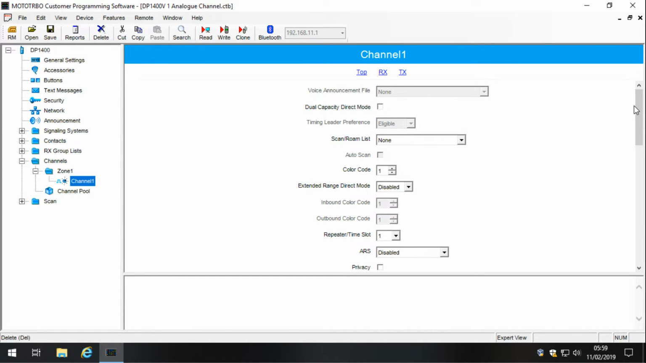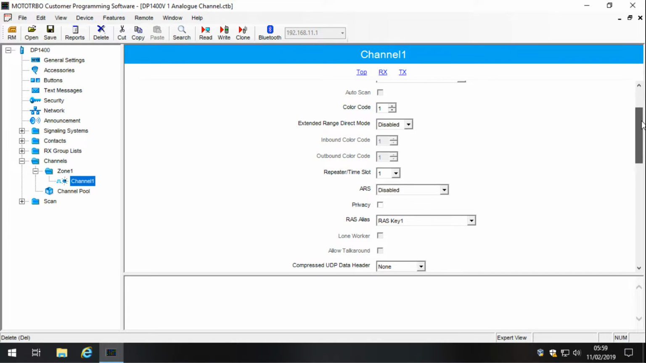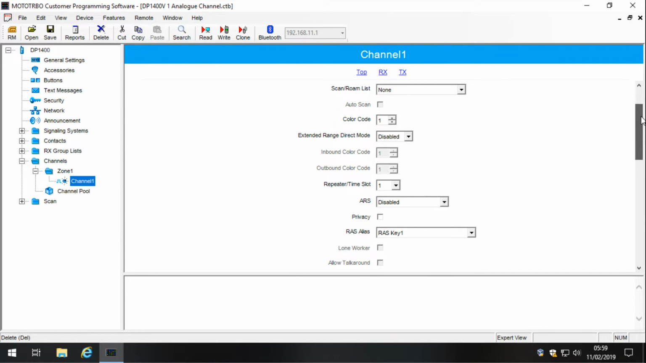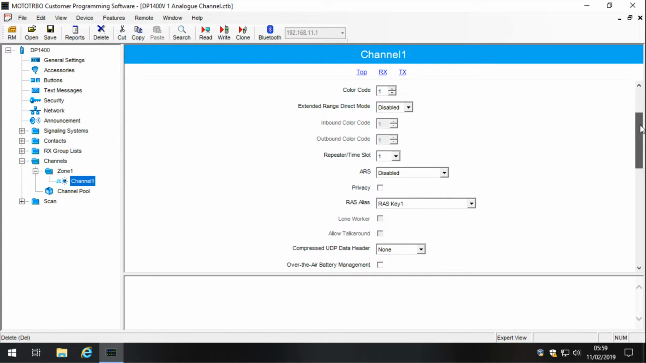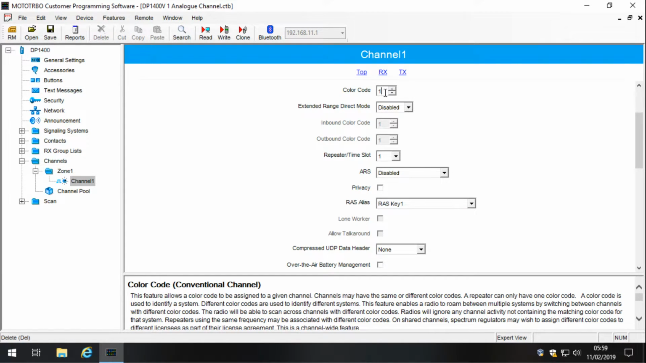Again, this one's got the voice announcement file at the top. We'll not need to go through that because it's not interesting. But what is important is as we go down, again, we'll leave the scan thing there. We'll show you that another day. Color code. Okay, this is really important. This is kind of like the CTCSS of the analog code plug. And the reason I showed you the CTCSS on the analog side of the radio was for this exact reason, because color code is almost the same thing,